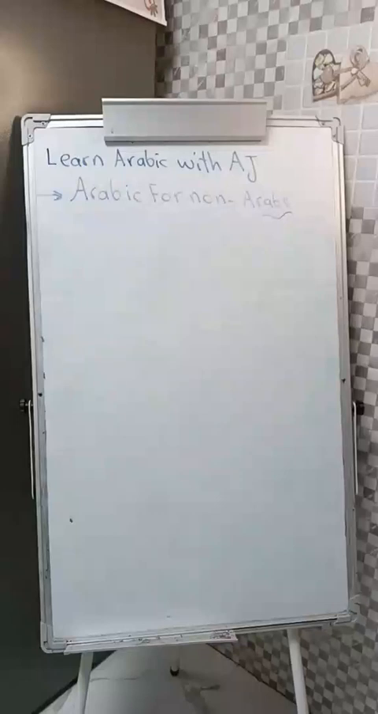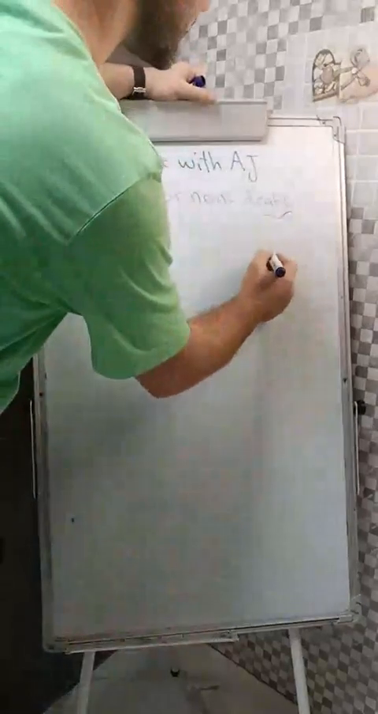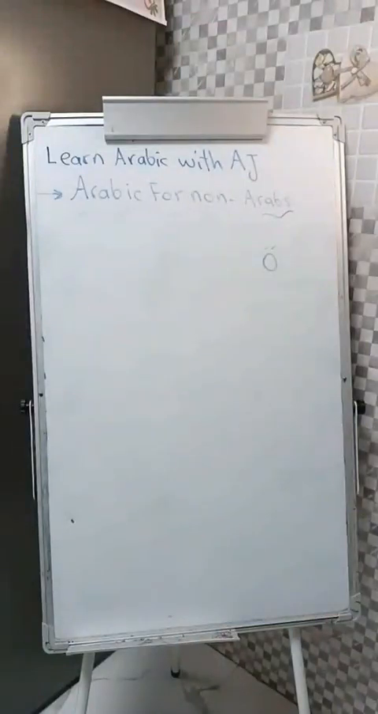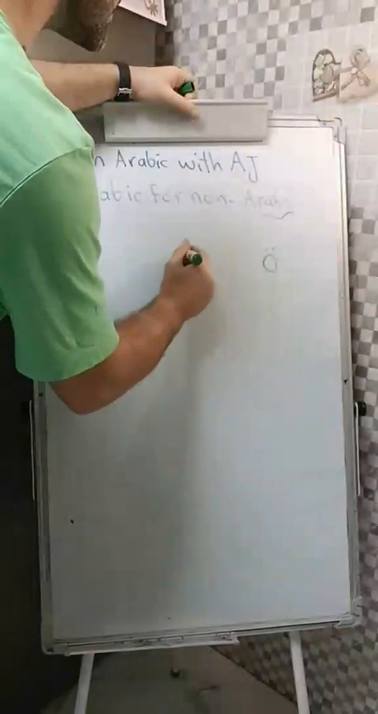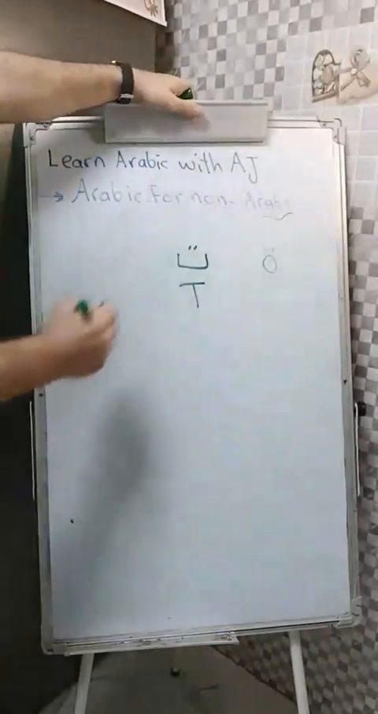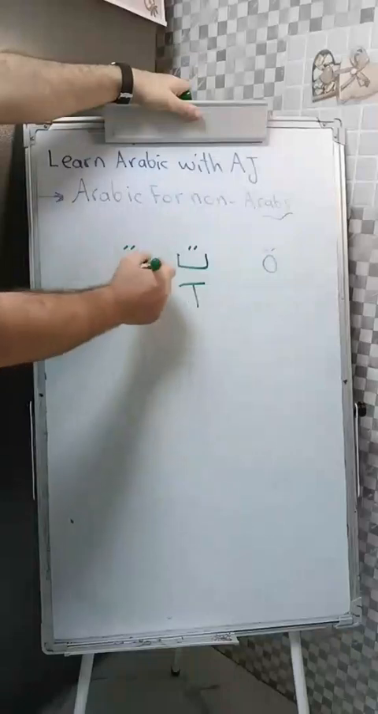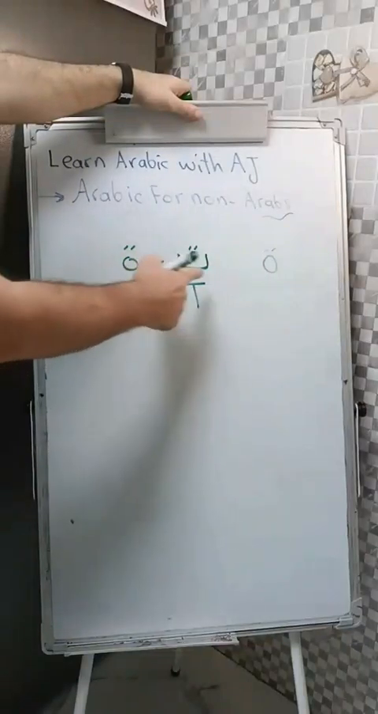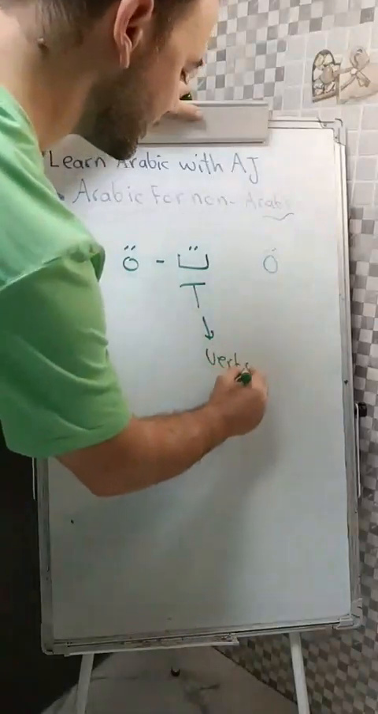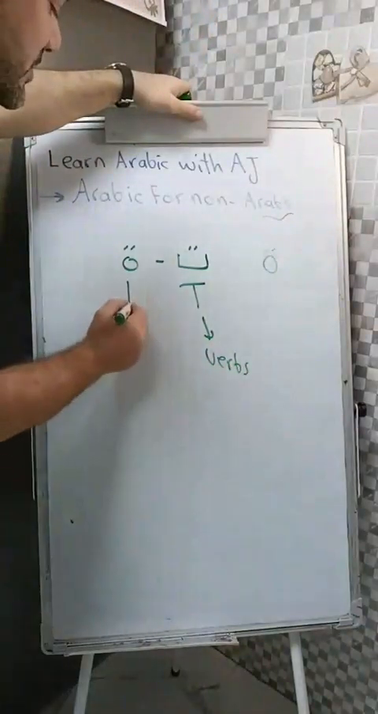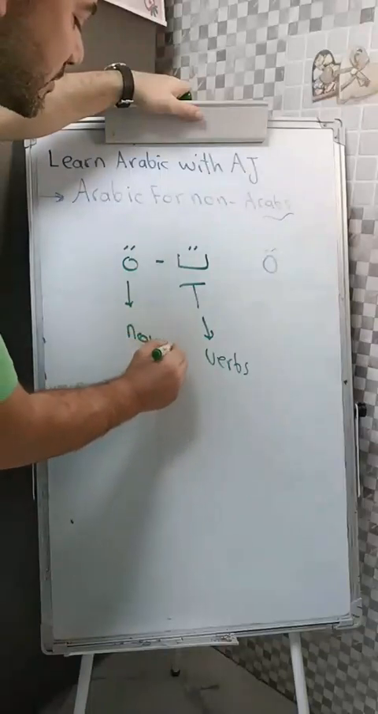Ta marbuta. Fine. Ta marbuta is a letter which we call ta marbuta. Ta, this one. So this is also one part of ta. The original letter is letter ta. This one is T. Fine. What about this letter? This letter also is called ta. This one comes mainly with verbs, okay? And this one comes mainly with nouns. And not only nouns, feminine